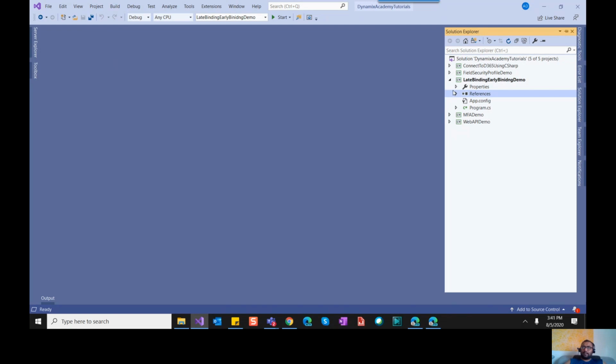So that utility you will get only in the SDK itself. So you must install the Dynamics 365 version 9.0 SDK. The next set of requirement is you must have a trial instance to practice it, or if you have an on-premise instance then it is fine, but at least you should have a Dynamics 365 instance to connect with in